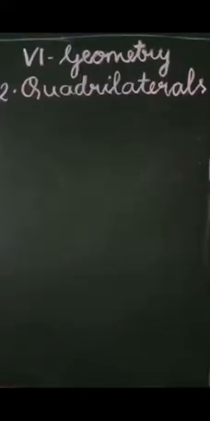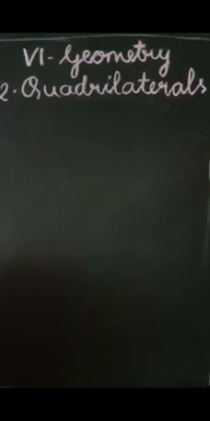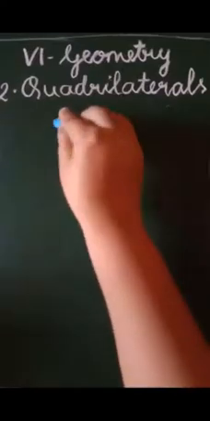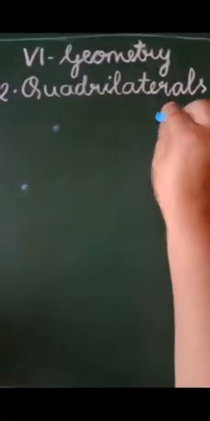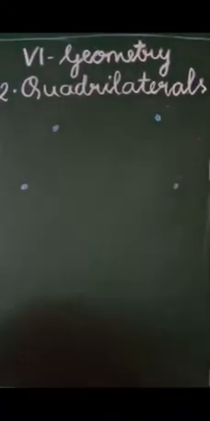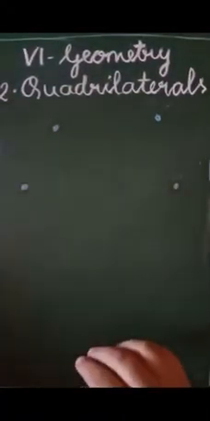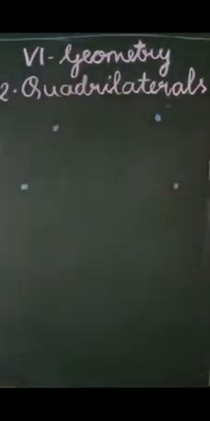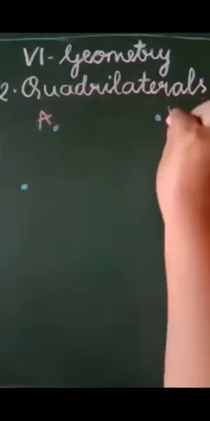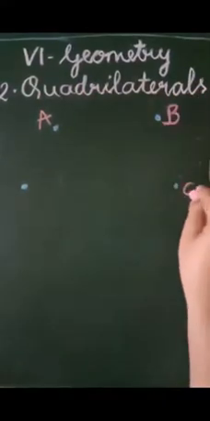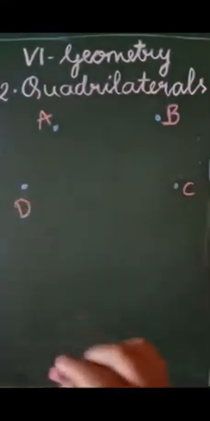Today we'll begin with the second lesson of geometry, that is quadrilateral. So now on the board I'm going to draw 4 points. Okay, so here are the 4 points. Are you able to see it? Yes. Now we'll name the points, and we all know that a point is always named using capital letters. So I am using here the capital letters. So the names of the points are point A, point B, point C, point D.